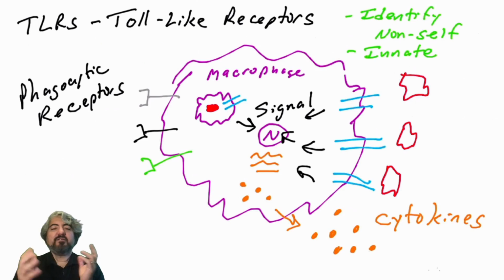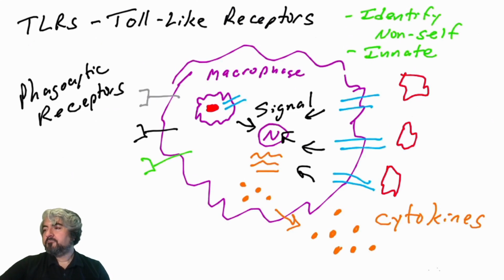So recall that you're going to find a lot of different types of receptors in the immune system. For example, on a macrophage, you might find phagocytic receptors, which would be used to bind ligands on pathogens and phagocytose the pathogens. Those are different than toll-like receptors. Toll-like receptors aren't used to engage pathogens for the process of phagocytosis. They're used for the process of detecting a pathogen's presence, and then that cell can respond accordingly. So in this video, we're going to learn about different TLRs and how they function, and how they recognize what